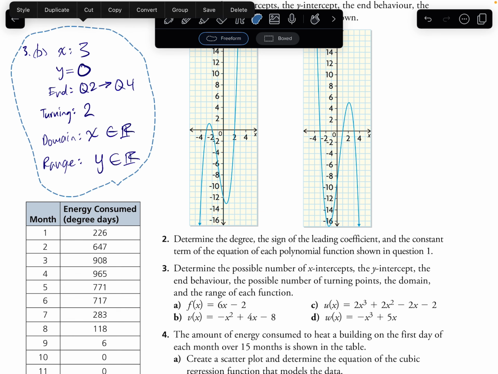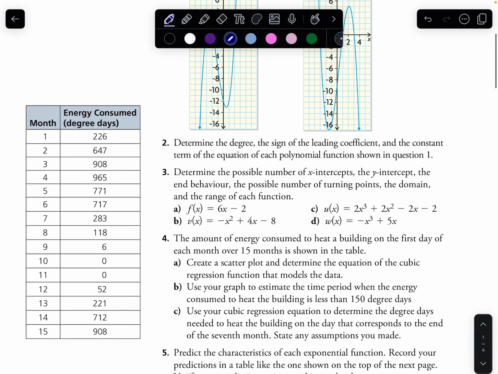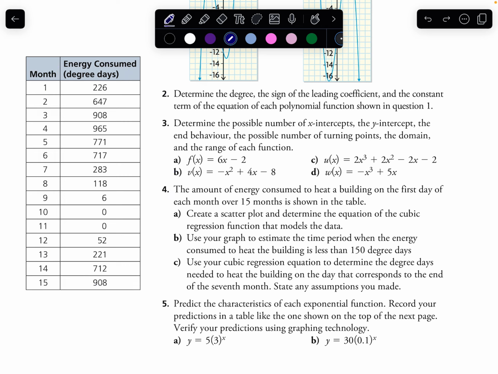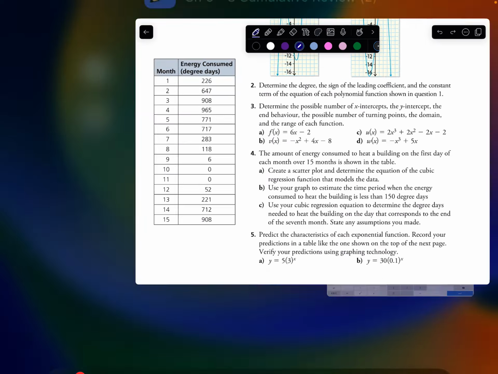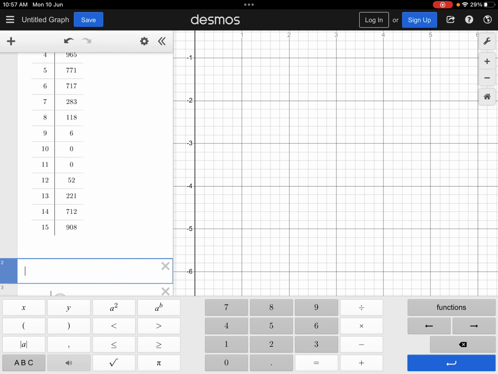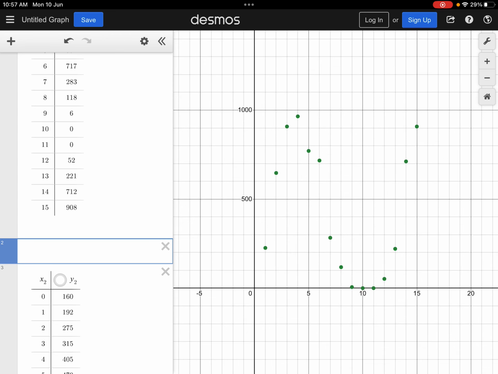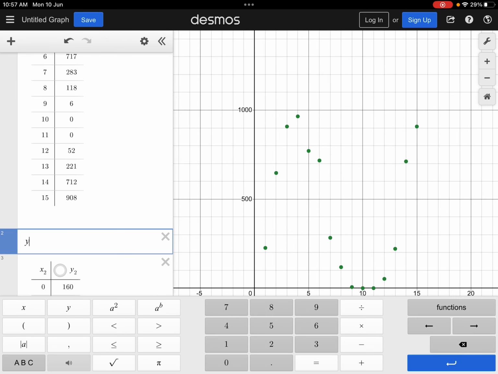Now, on to the next, which has to do with this table. It says the amount of energy consumed to heat a building on the first day each month over 15 months is shown in the table. Create a scatter plot and determine the equation of the cubic regression function. So it does specify the cubic regression function. We've got our scatter plot here. I've put it in to save time. And cubic regression function y1